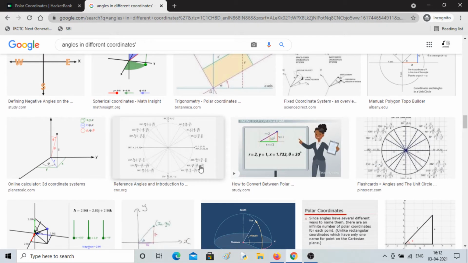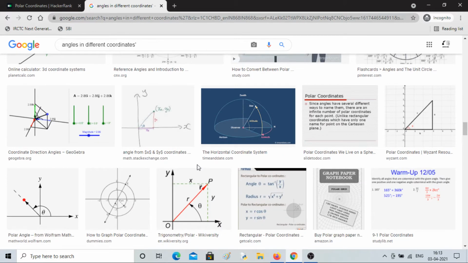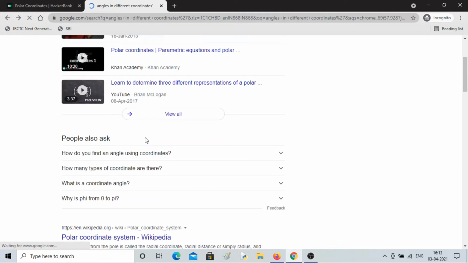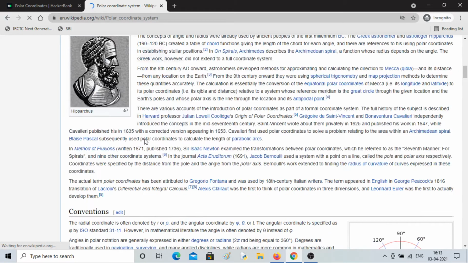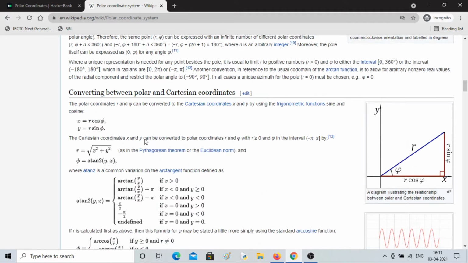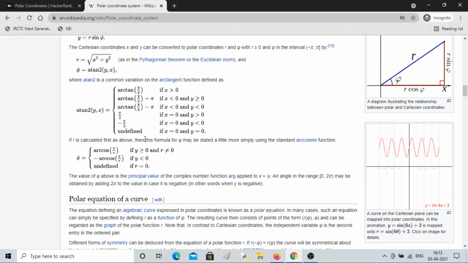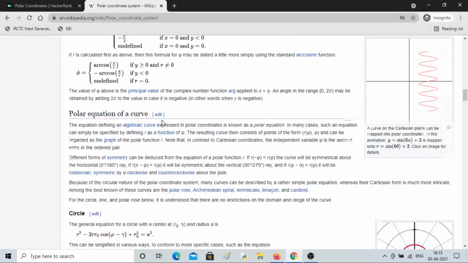If you are in the third quadrant you do 180 plus, and in the fourth quadrant you have to do minus. I don't remember what we call it. Let me see, polar coordinate system. No, this is not it.